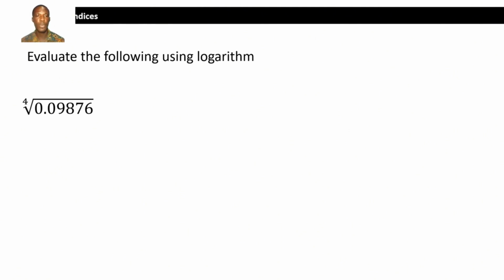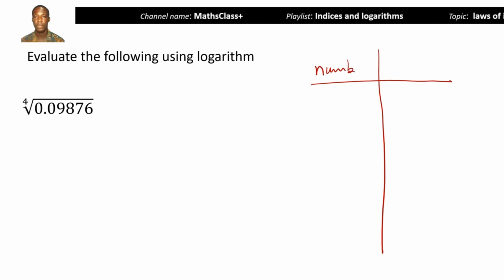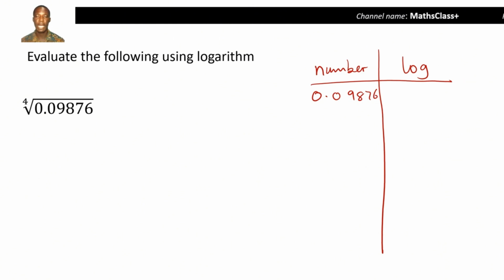Okay, so we have another example where we are to evaluate the expression under the fourth root of 0.09876. Okay, so we go ahead and solve. Our number is here, and then the log value. So we have 0.09876. Now, before we can find the characteristic, we need to convert this to standard form. That would be 9.876 times 10 to the power minus 2. So that our characteristic becomes 2 bar point the mantissa, which you will get as